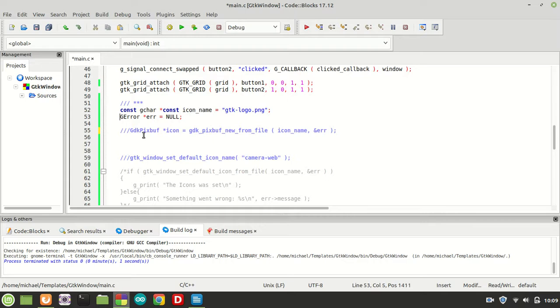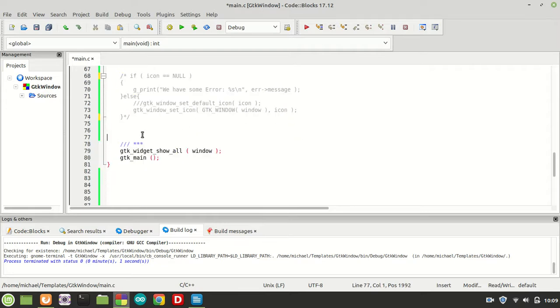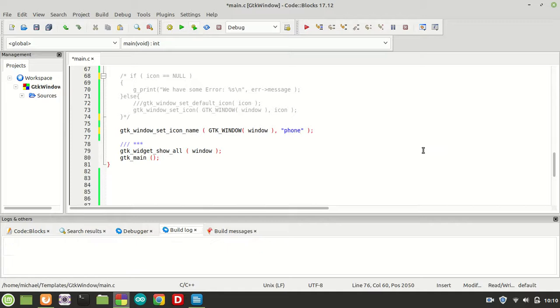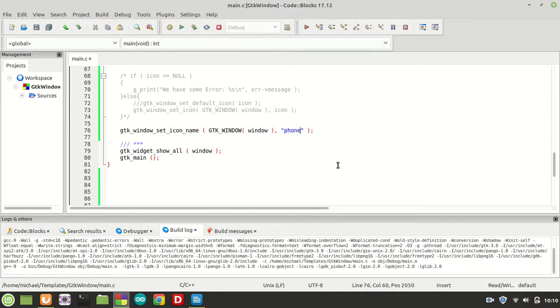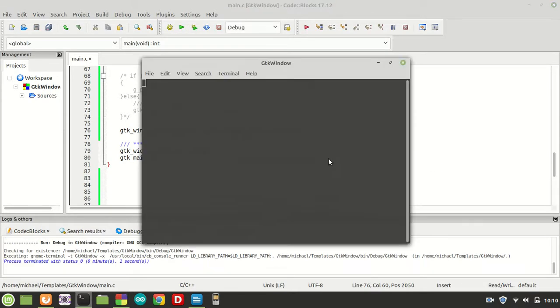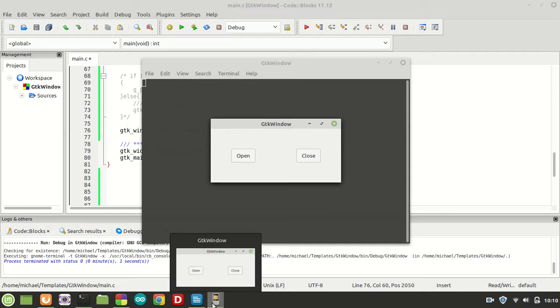We don't need the arrow as well, and we don't need the icon name. So in other words, if we call this function, we need the GTK window as its first parameter or argument in this case, and we need an icon name. Icon names, as you can see, there are a lot. If I now pass phone, because I know this icon, as you can see now we have an icon right here